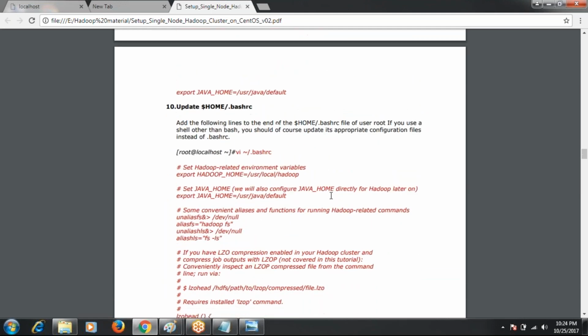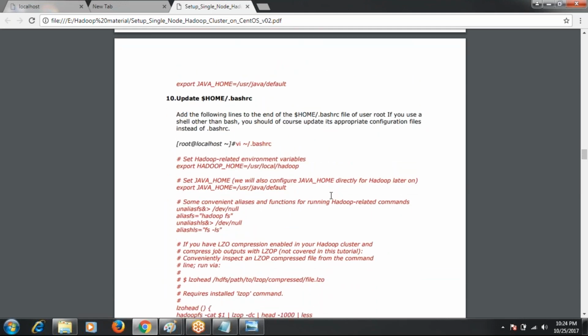Then the 10th step is to update the bashrc file. In Linux there is a file called bashrc. What is its use? In Linux, if you install any new software, you have to provide that software's home path in the bashrc file. For example, in Windows, after installing software like Java, we set the environment path, right?